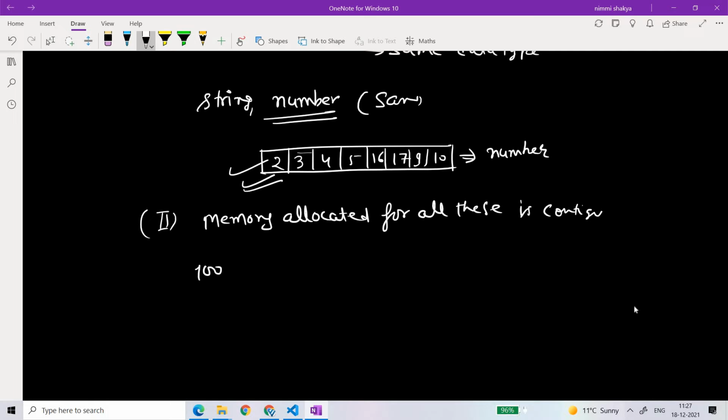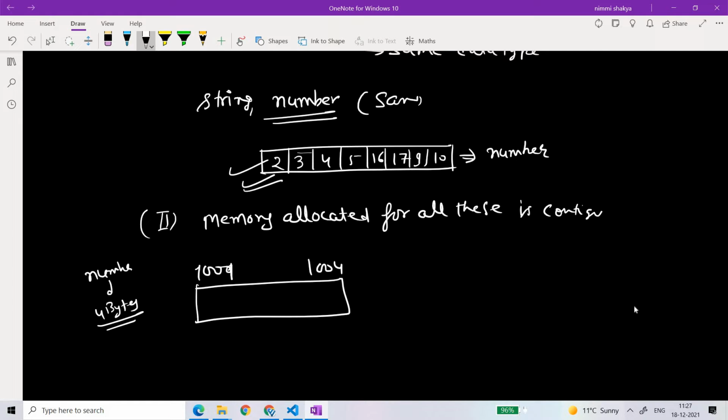Like if this is 1000, and suppose a number takes 4 bytes, then 1001 to 1004, in this location, one integer, or one number, can be stored.